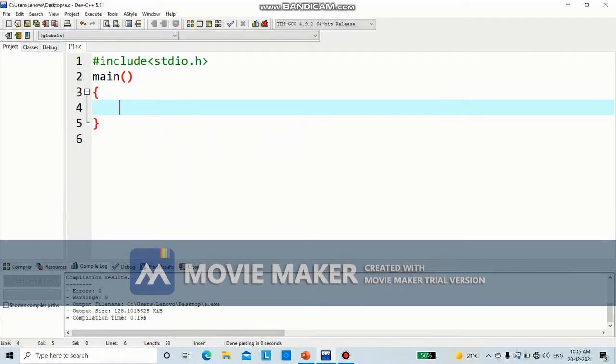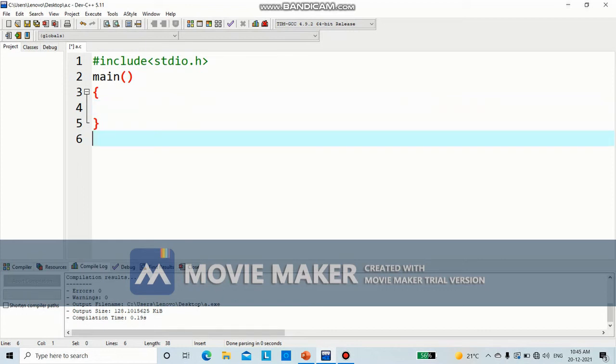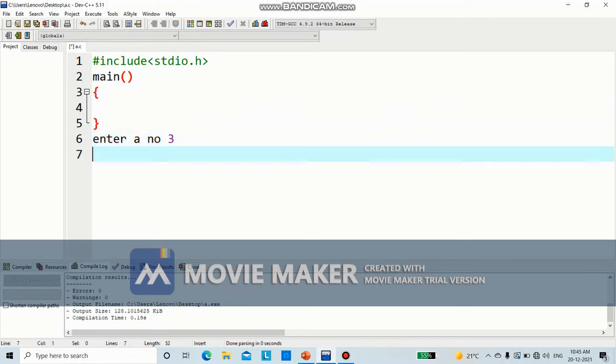The next program that we are going to discuss is to find whether a number is prime or not. What will be the output of this program? You will enter a number, suppose 3. If it is prime, you will say prime number, otherwise not a prime number. What are the conditions for a number to be prime?